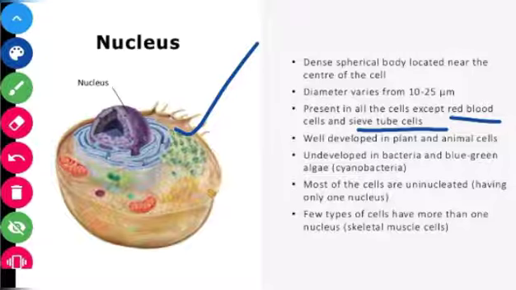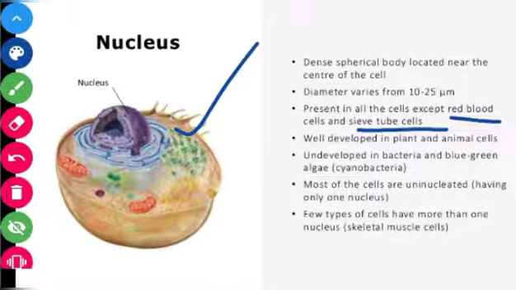So why is the nucleus not present in the red blood cells? There is the presence of hemoglobin, right? If there is a nucleus, hemoglobin will not get a particular space and place to live there. Without hemoglobin it's not called red blood cells, right? Because it transfers the oxygen mainly. So because of the presence of hemoglobin in the RBCs, there is an absence of nucleus. So nucleus is not there in RBCs.